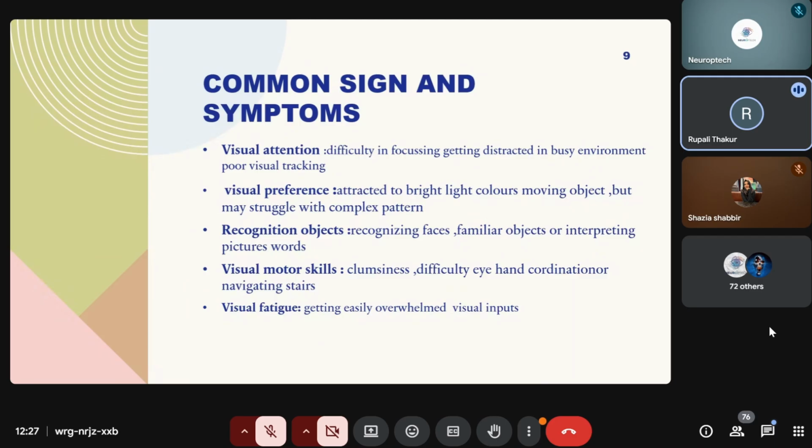When I am throwing the light through that torch, the child is able to recognize it some of the time, because our brain is able to sense the red color naturally as compared to all colors. Then recognition of objects also, some of the time, even in infants as well as toddlers, if you are showing pictures of family members, they are able to understand, okay, this is masi, this is bua and everybody. Why I am taking this example, because you all can feel this,